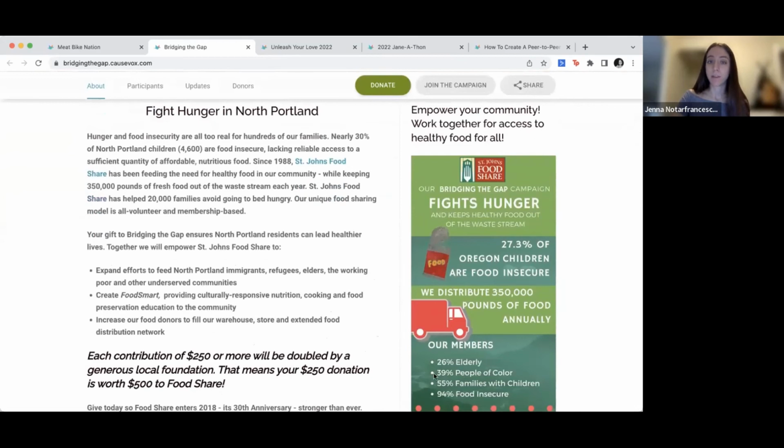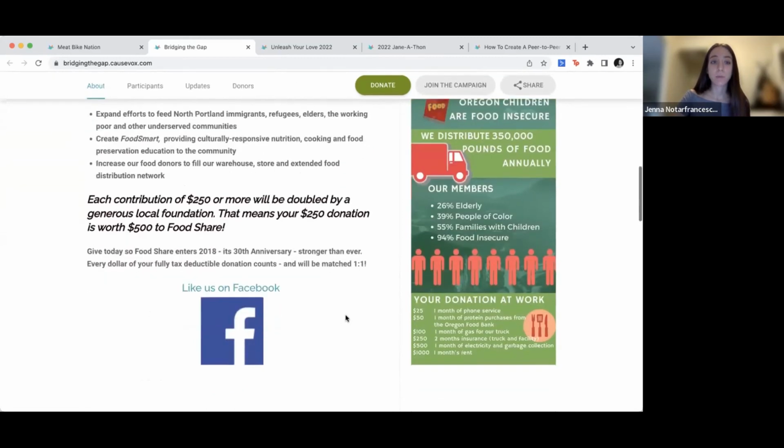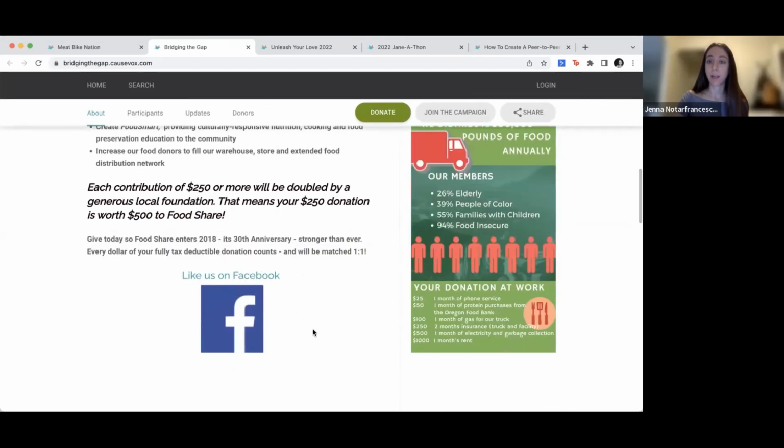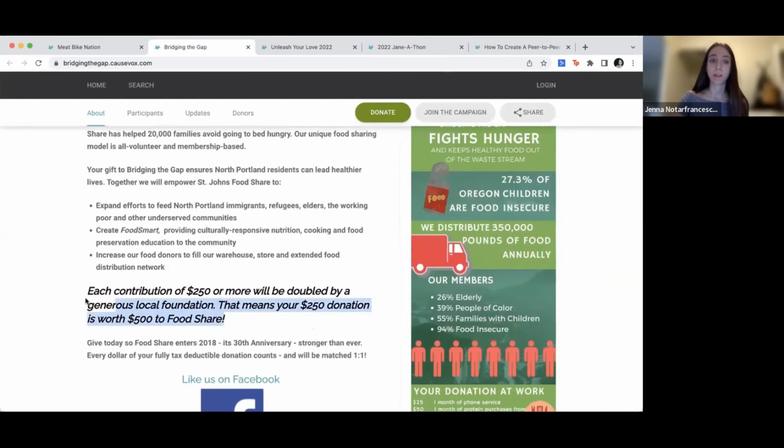They used a custom graphic, so I would say that's another good practice: customize your graphics and make them visually stimulating, as well as the text being compelling. So again, they're focusing on expanding their efforts in their community. I would say another best practice would be to incorporate this matching gift option. They were able to get a matching grant through a foundation, and all the donations are now matched, doubled. So if you're able to incorporate that kind of corporate match or sponsorship, I think that would be another great best practice.